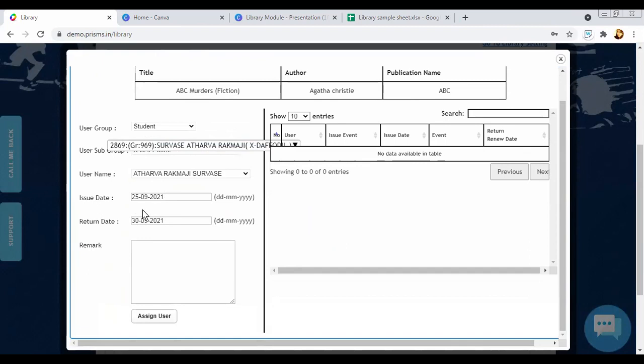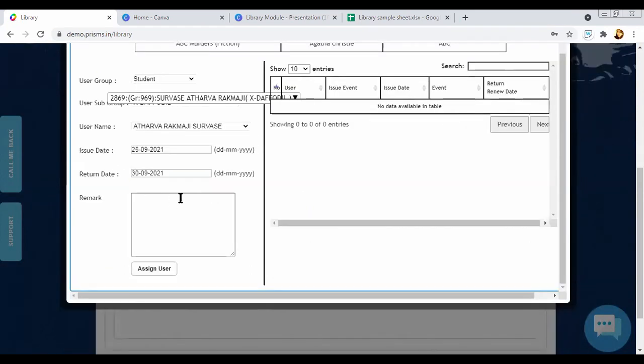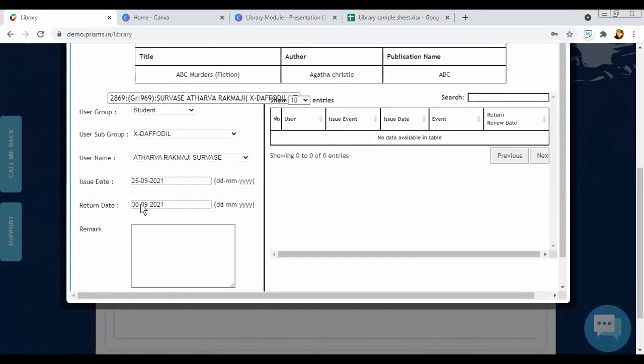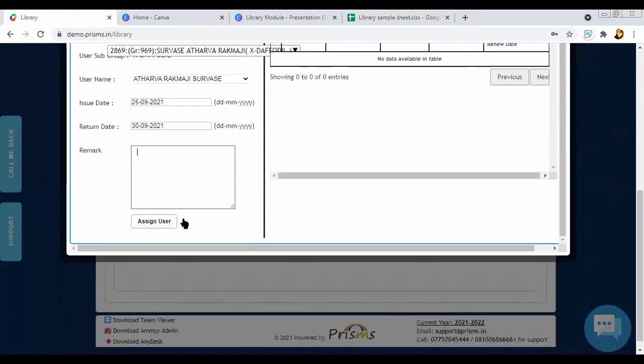I have set 5 days for return, so the due date automatically comes as the 30th. Over here, if there is any remark, like if a page is torn or anything, you can add that remark before it's issued to the child. Once it's done, you just click on Assign User.